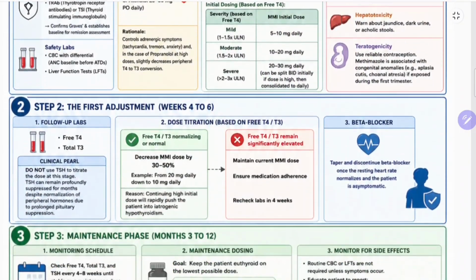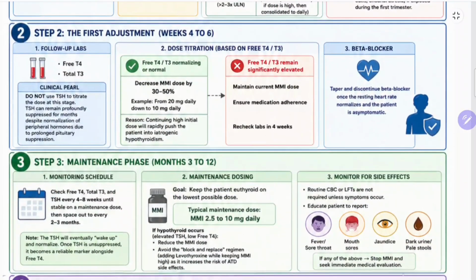Now we should adjust the dosage of this methimazole depending upon the level of free T4 levels, depending upon FT4 levels, because TSH levels, they will take months to come back to normal. So later we can use TSH levels also, but it will take months to come back to normal. So initially we'll see depending on FT4 levels, we will titrate the dosage. So we'll order free T4 and total T3. So for example, now after 1 month, meaning after 4 to 6 weeks, or 1 month,